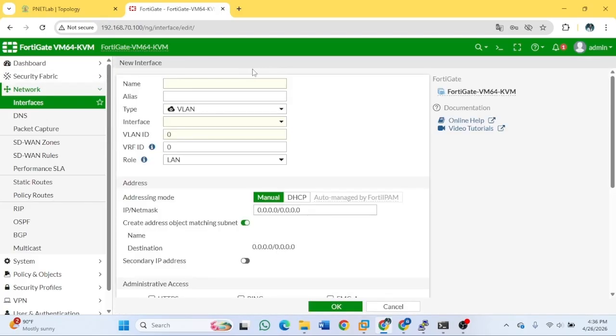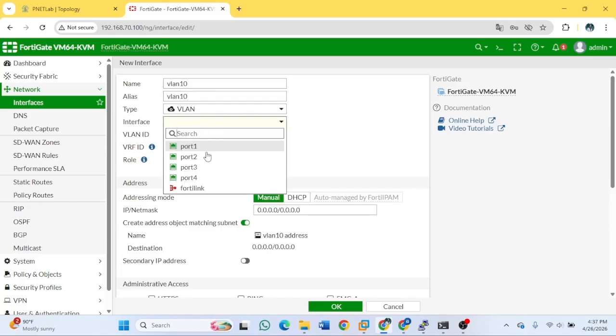Name is VLAN 10 and the alias is VLAN 10; the alias is like a name. The interface is port 3, because we're going to do the VLAN on port 3.